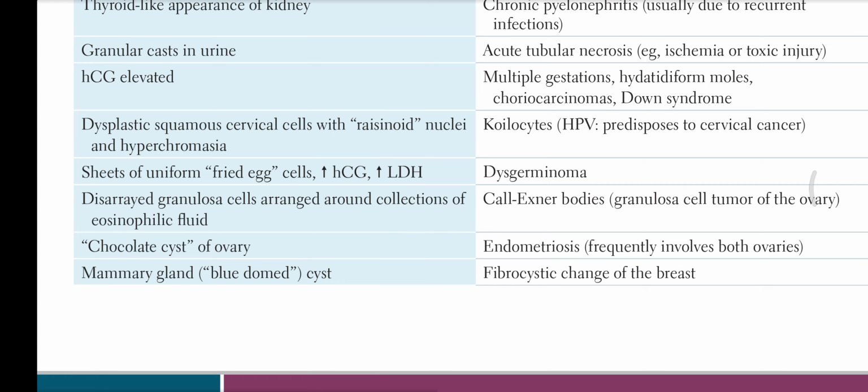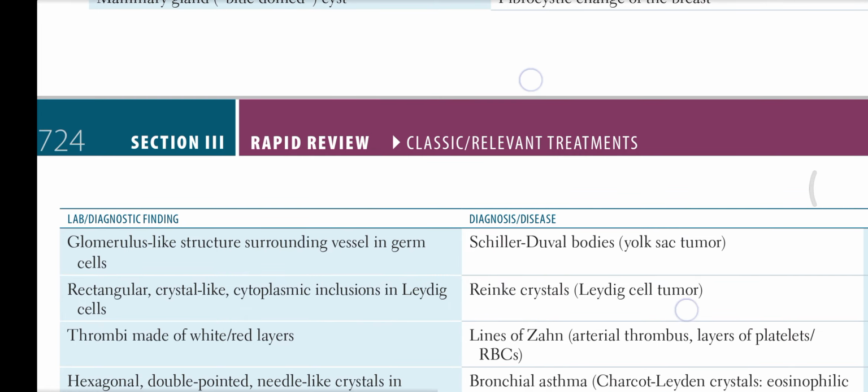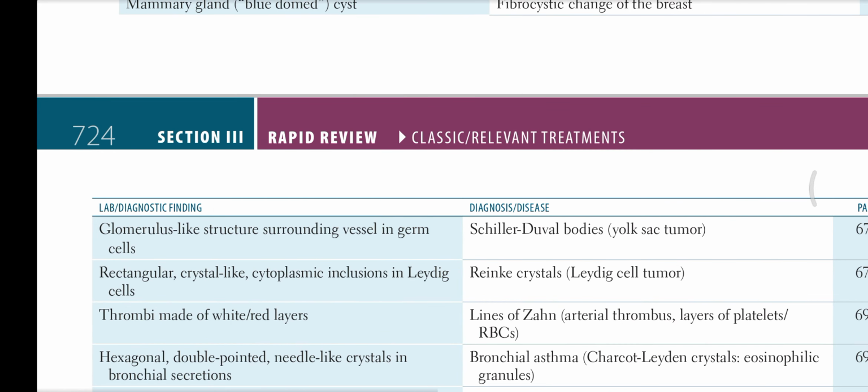Mammary gland blue dotted cyst is seen in fibrocystic change of breast. Now, as I have mentioned above, I'll be continuing page 724, section 3, rapid review, classical